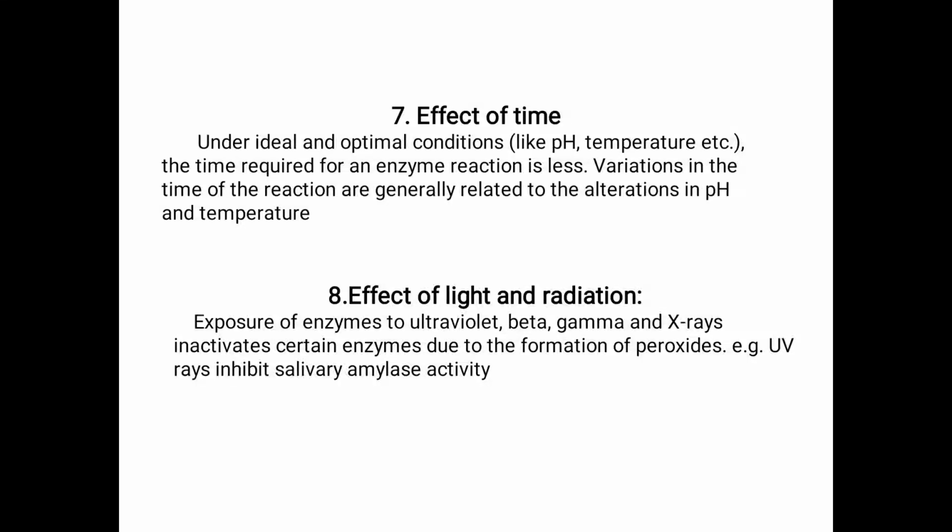Effect of product concentration. The accumulation of reaction products generally decreases the enzyme velocity. For certain enzymes, the product combines with the active site of the enzyme and forms a loose complex and thus inhibits the enzyme activity. In the living system, this type of inhibition is generally prevented by the quick removal of the product formed. If the product concentration is high, then there will be chances of formation of loose complexes.